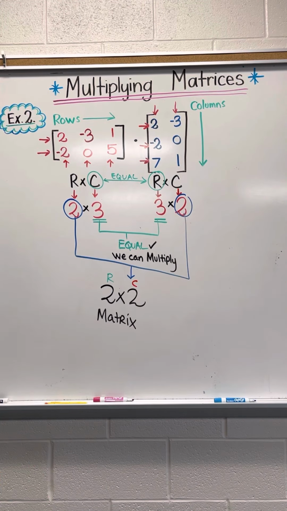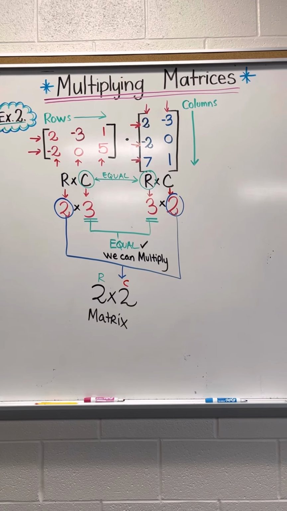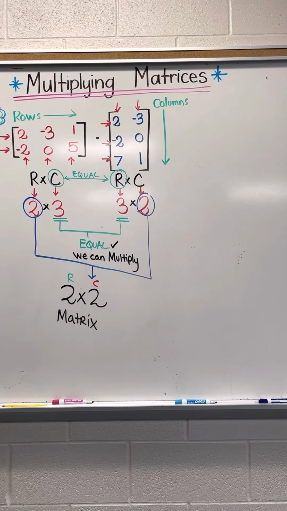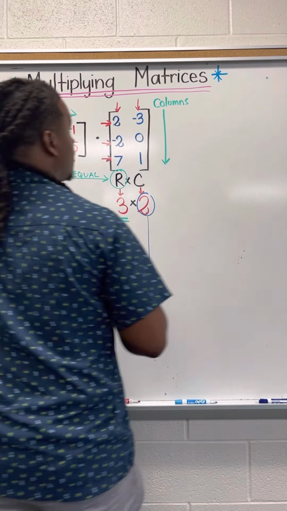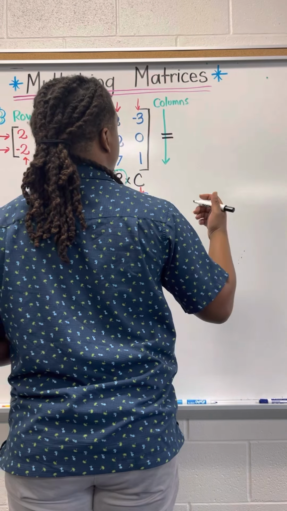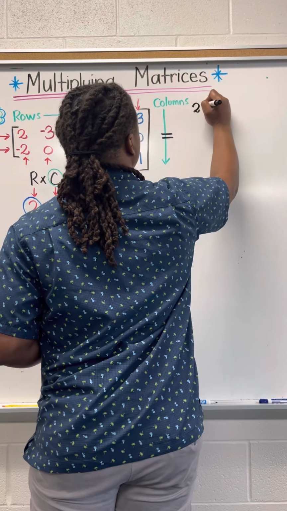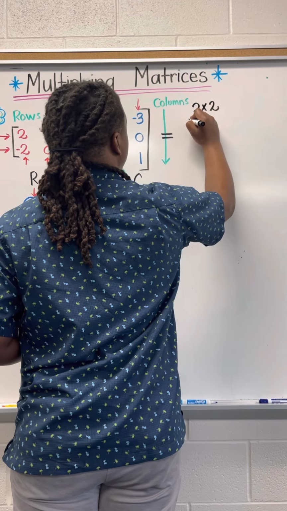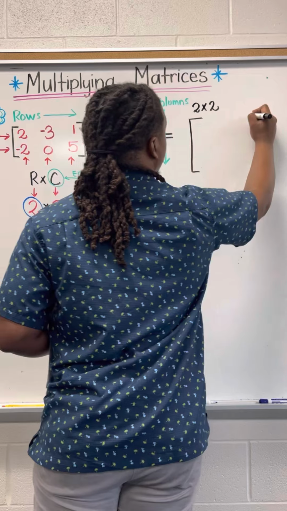We know that our answer will have 2 rows and 2 columns, all right? So now here's what I want to do. I just want to move this over a little bit. Okay? So now here's what we want to do. Let's go ahead and create our product or our answer. Once again, it's going to be a 2 by 2 matrix, meaning that it's going to have 2 rows and